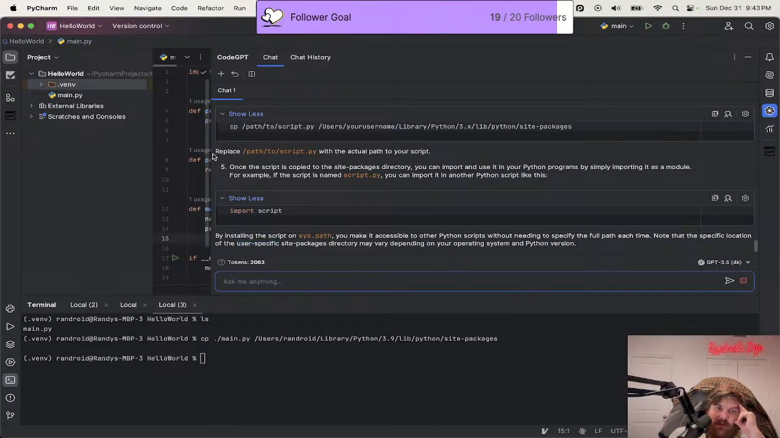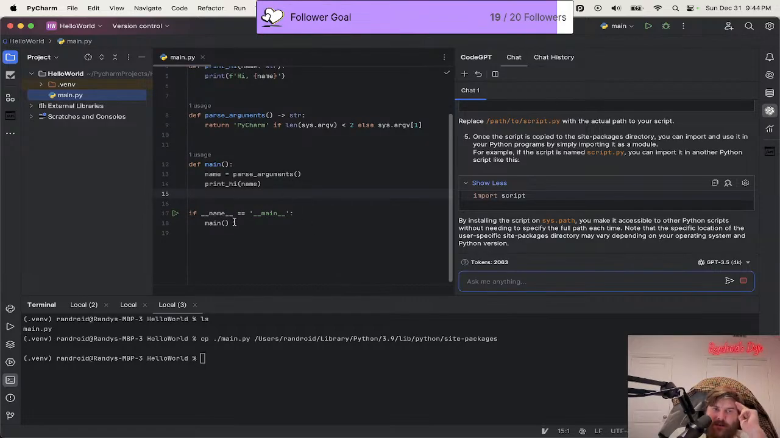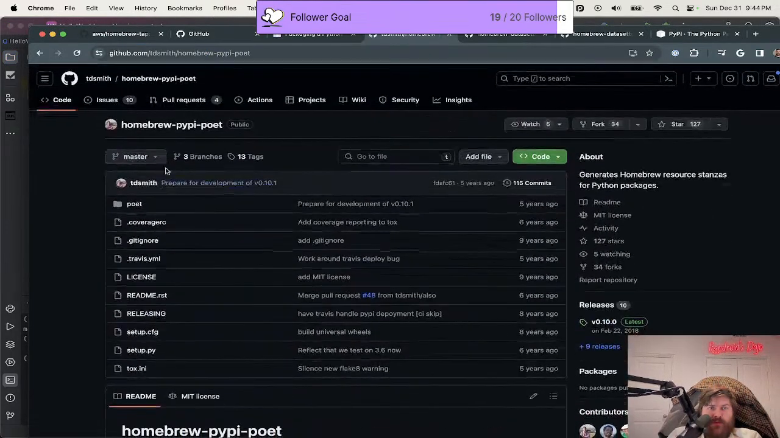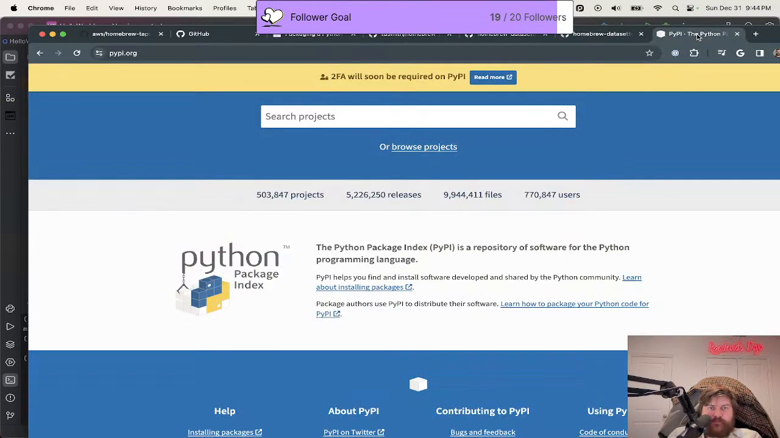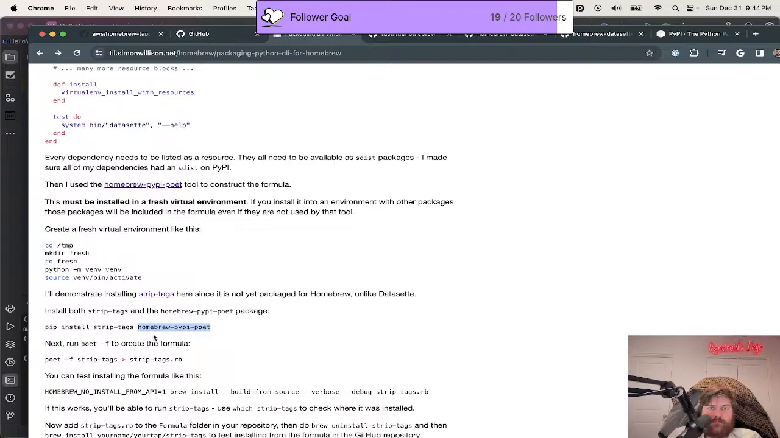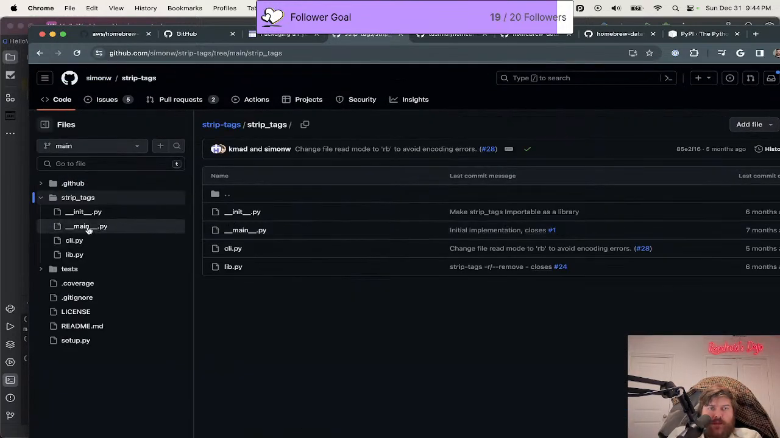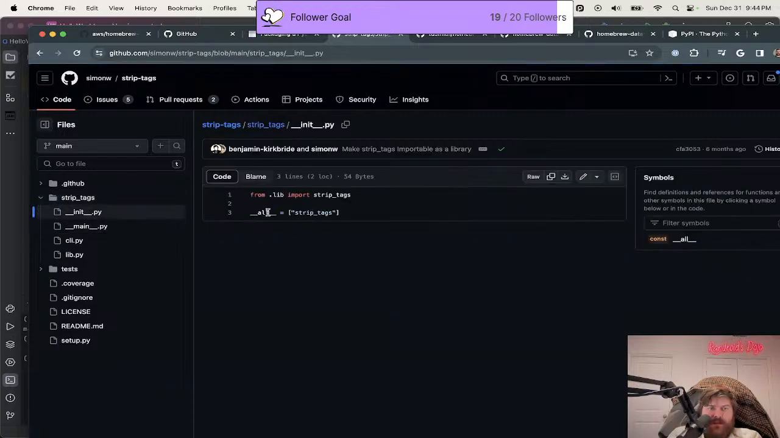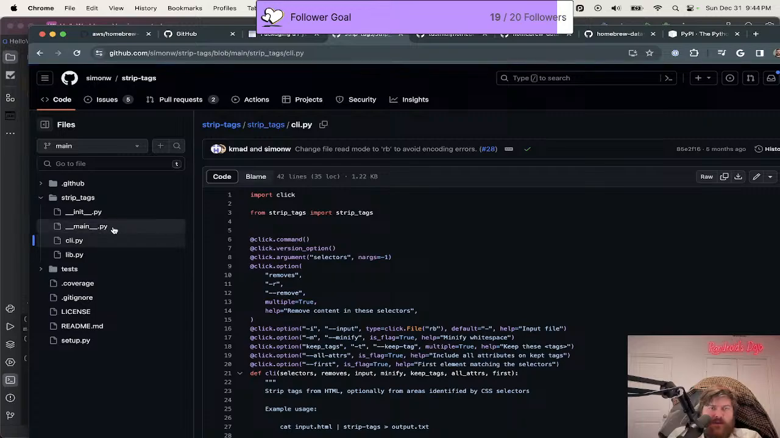Alright, so we have one problem here. I need to give this a unique name. So we can keep it as main. Let's take a page out of this guy's book here. This one. Alright, so I don't know about this init: from lib import strip tags. All strip tags. Okay, we don't need that. So yeah, CLI.py. Also a very generic name, but